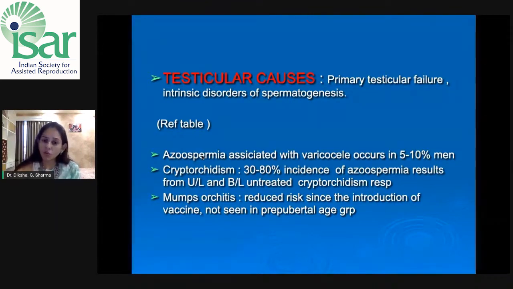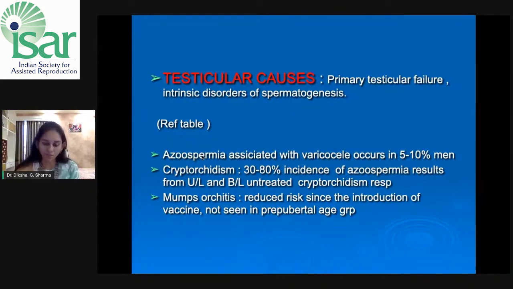Here we see, like I told you about the more common causes earlier as well. Varicocele is seen in 5 to 10% of the men. When we talk about cryptorchidism, there's a 30 to 80% incidence of azoospermia in case there is an uncorrected cryptorchidism, which can range from 30% in unilateral cryptorchidism to 80% in bilateral, if not corrected. So it's important to counsel couples of babies with cryptorchidism to get treatment at the correct time, preferably before